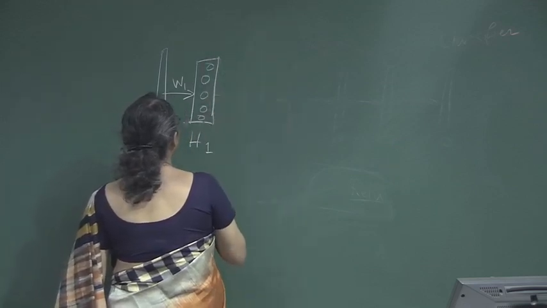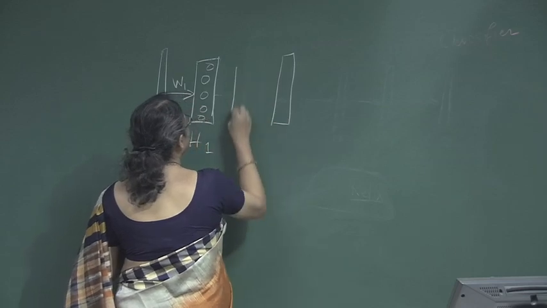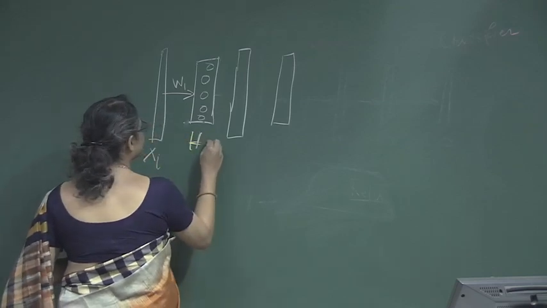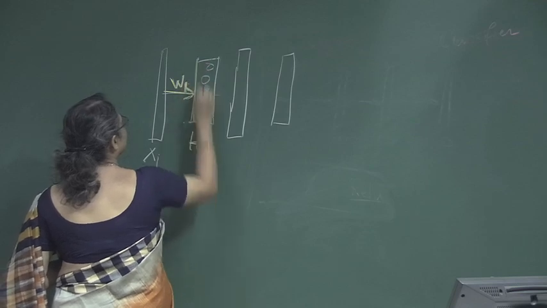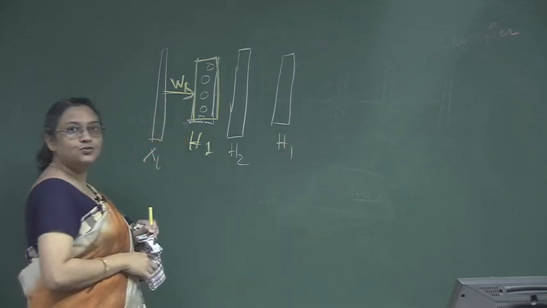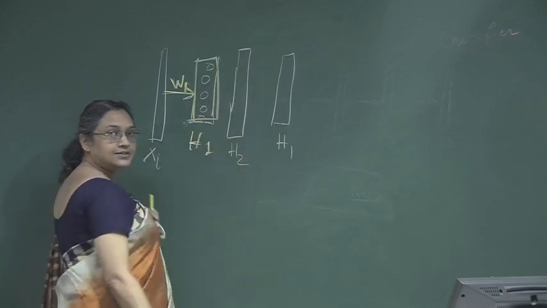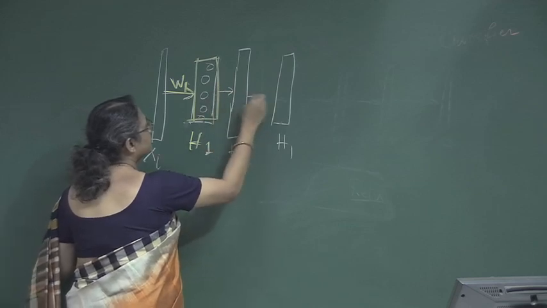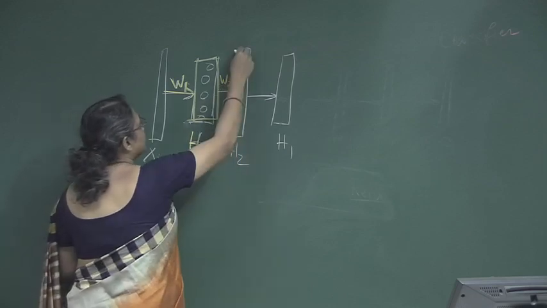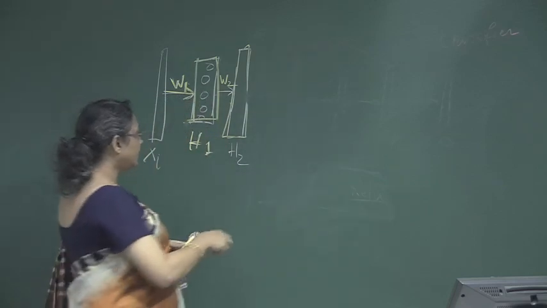Now we think of, given the input, we have this value of h1, and we set up another learning problem where we have the hidden layer h2. This h1 we have fixed, this W1 we have fixed, and we set up h2 and we put h1 at the output. So, for every training example we find the value of h1 and the same value we put here. We generate this training example and then we learn these weights. These weights, let us call them W2, and after that we will fix this layer and this weight and we will remove this. So, we will learn layer by layer. Similarly, we will learn